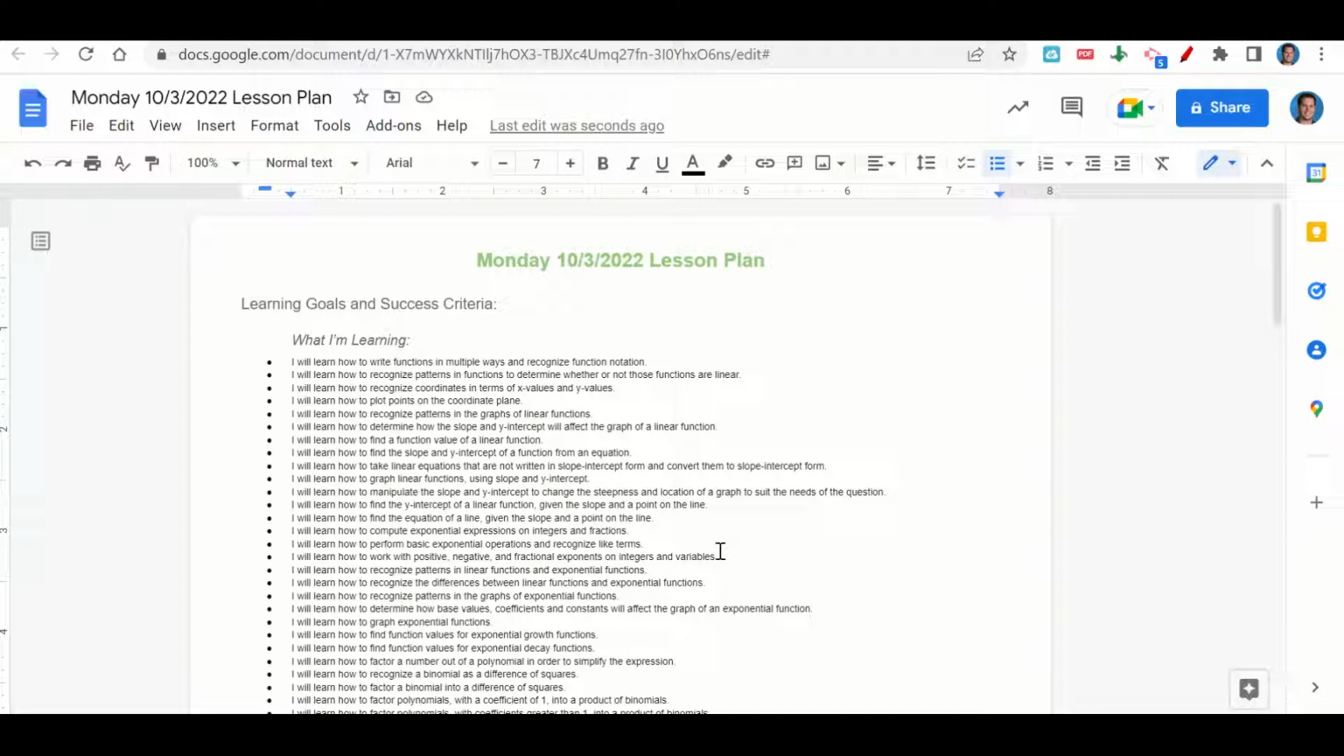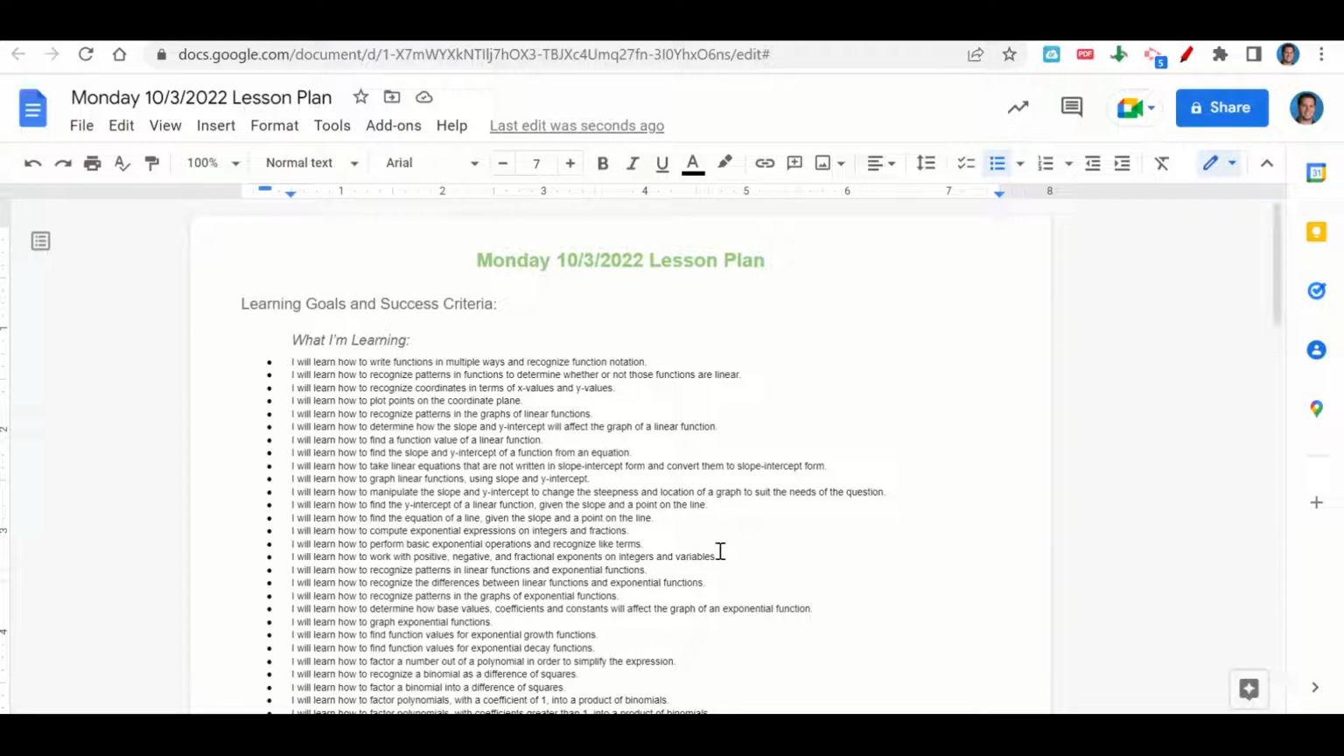to suit the needs of the question, how to find the y-intercept of a linear function given the slope and a point on the line, how to find the equation of a line given the slope and a point on the line, how to compute exponential expressions on integers and fractions, how to perform basic exponential operations and recognize like